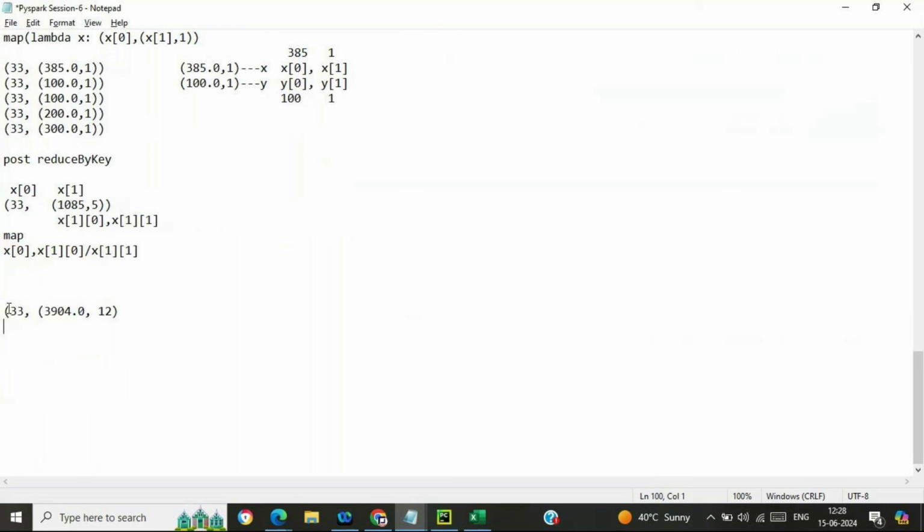This complete thing is x, this is x of 0, and this is x of 1 ka 0, and comma x of 1 ka 1.